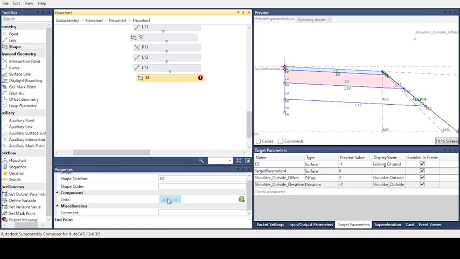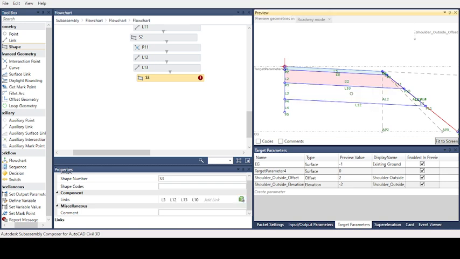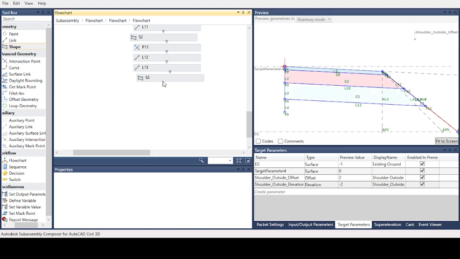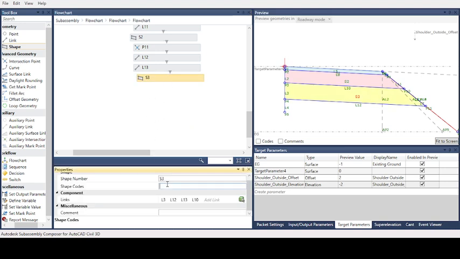Now we will create a shape. We have to make this shape by adding links, as we saw before. By selecting this, select shape in preview. Automatically it selects this one, and give the name. For this you can say base course.